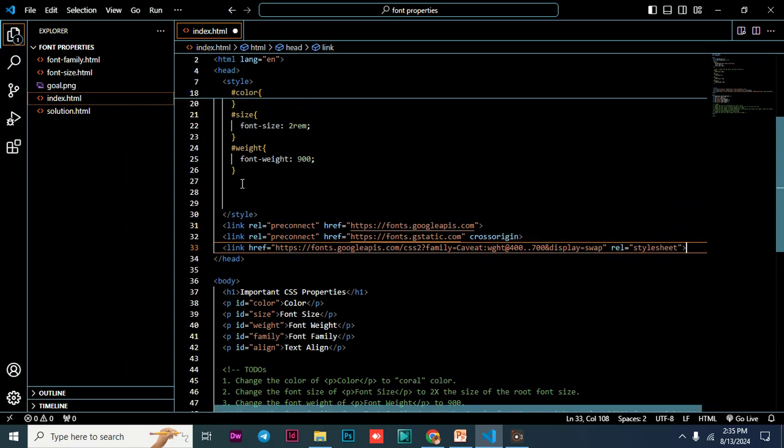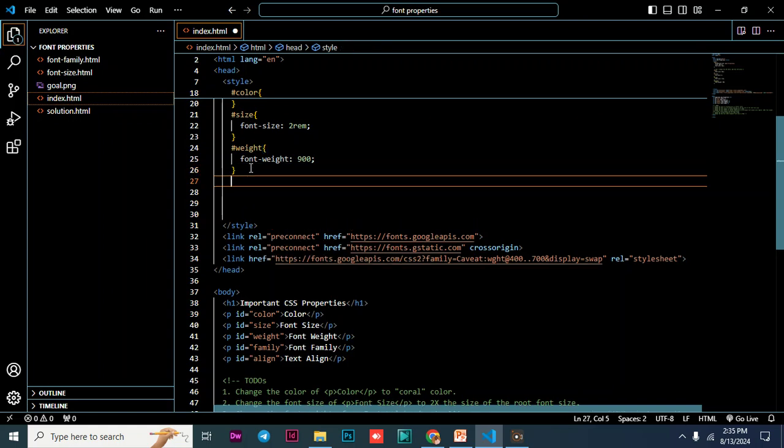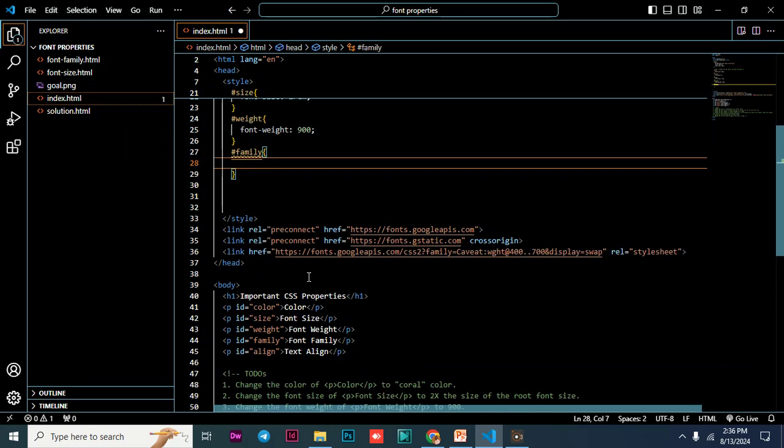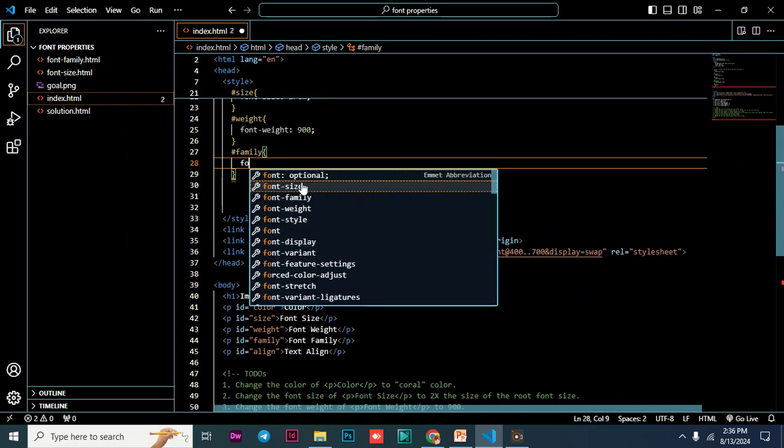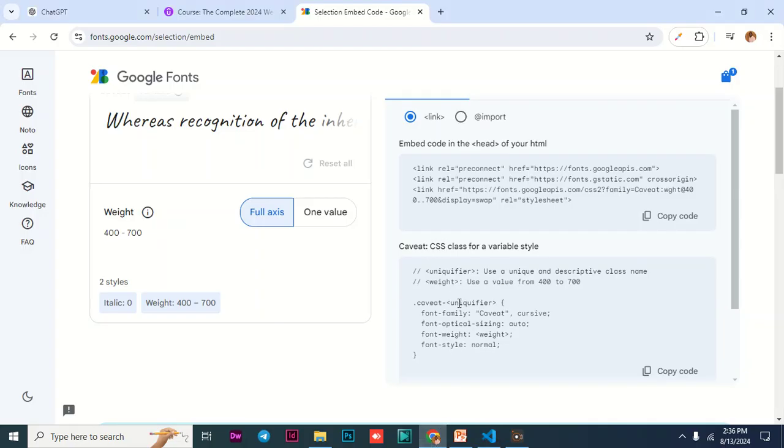Then after doing that, you go here. Remember, you have not been able to create the ID at the top here. So what you are supposed to do here is create the ID hash family, and then you are supposed to give us the font. This is the font family, so just write there the font family, and immediately you type that, it is going to display to you a number of families. But you are not interested in this. You go back to the same place where you pulled that font, and then just copy the font family. You have already been given the font family, so what you are supposed to do is just copy this part